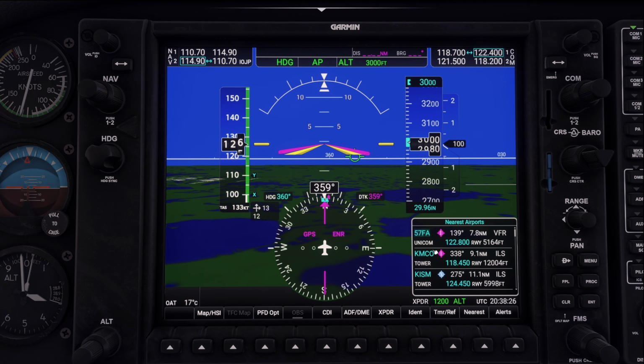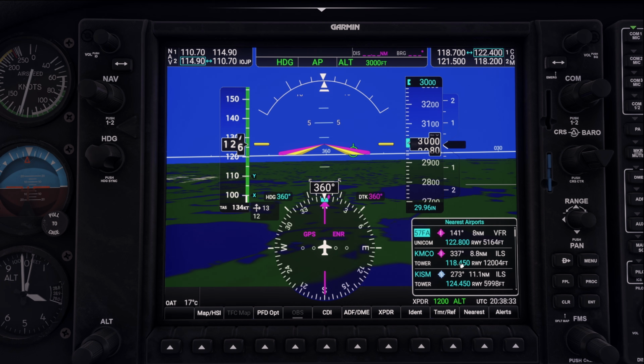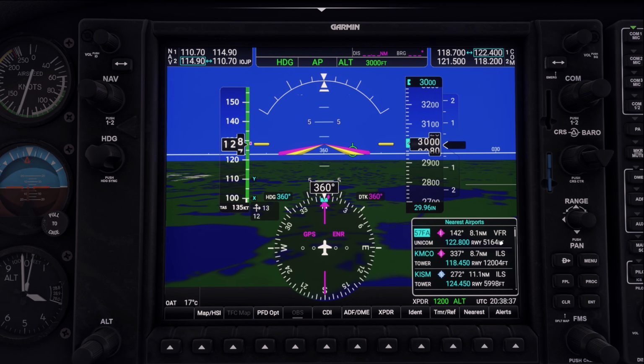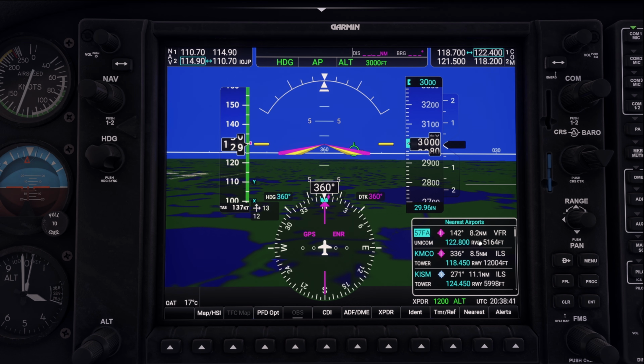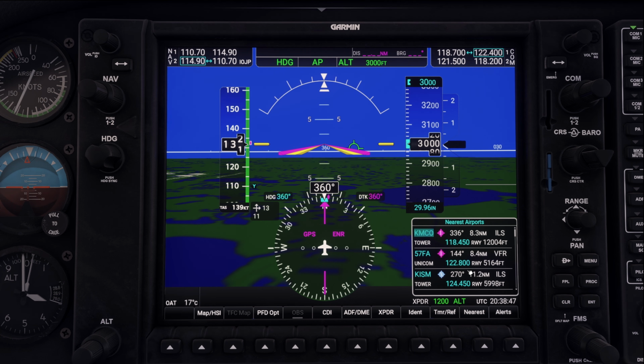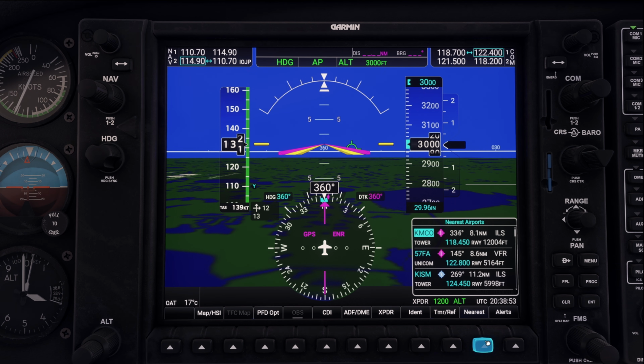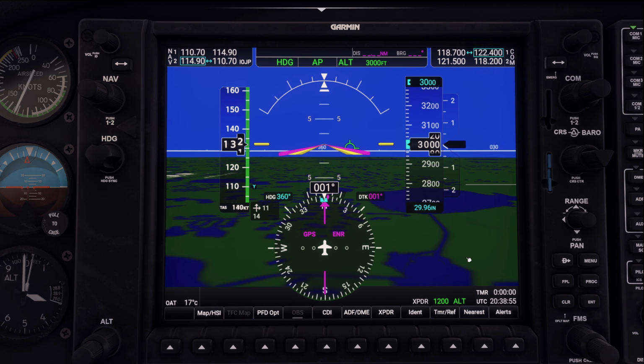So depending on the aircraft you have, it gives you runway length, your tower frequency. It gives you the distance you're there, what kind of limitations you may have. So this field is limited to VFR. MCO and Kissimmee do have ILS, stuff like that. So really nice to know in case you're in a jam and you need to know where you want to go quickly. So nearest. Okay. All right. So with that being said,